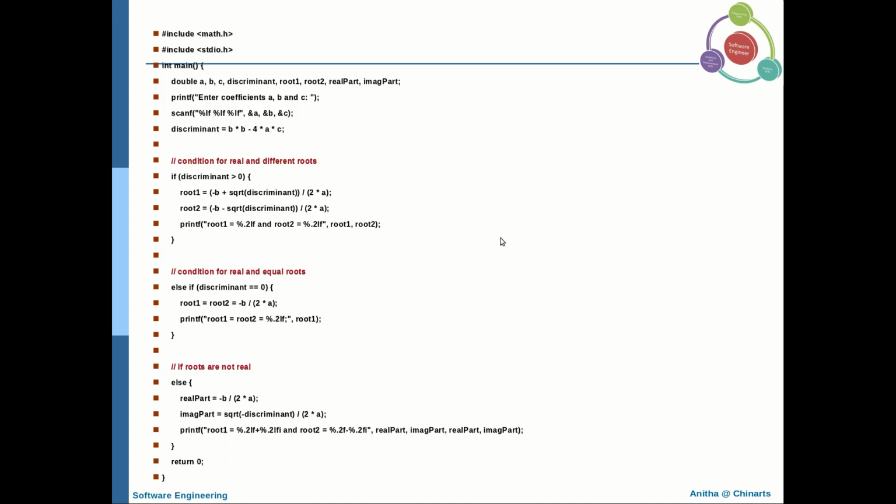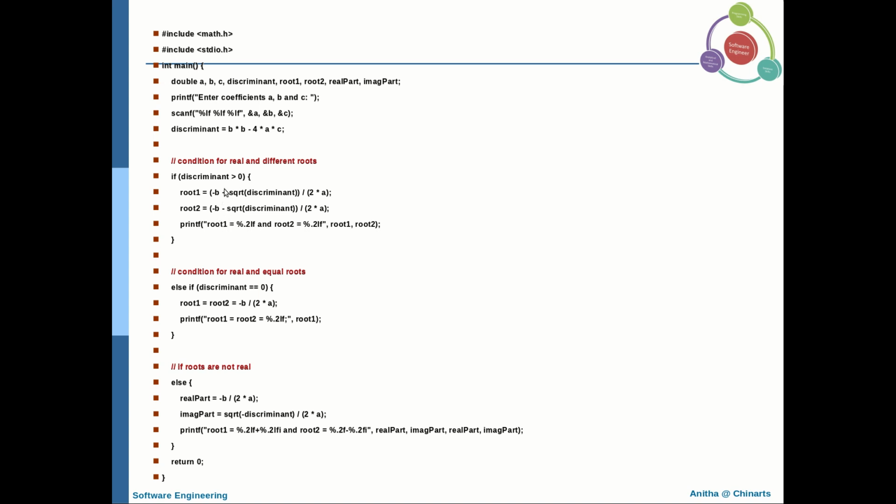Let us take this example. When you execute this particular program, the first statement is executed, then statement 2, then statement 3, then statement 4. All these 4 statements are executed sequentially. Then it goes to the next statement, where it tests the value of the discriminant, which is the D value. If the D value is greater than 0, these three statements will be executed.